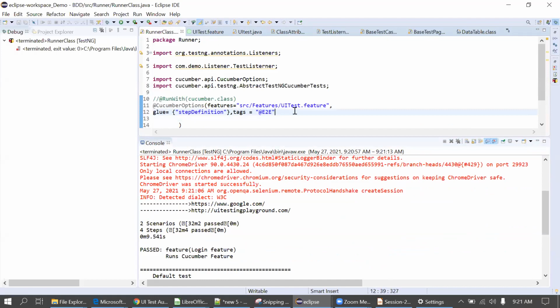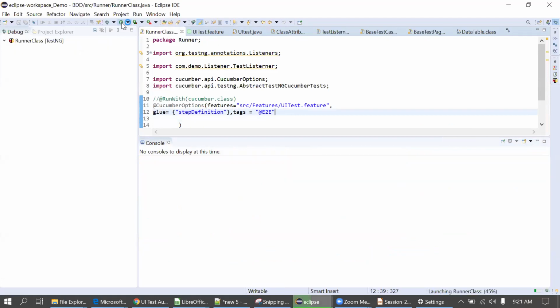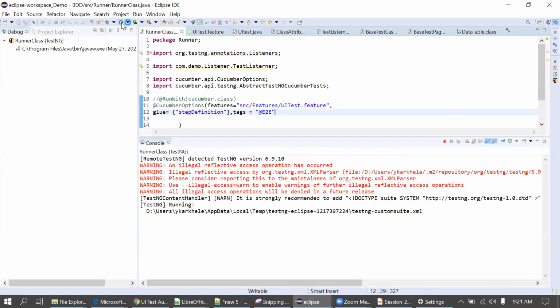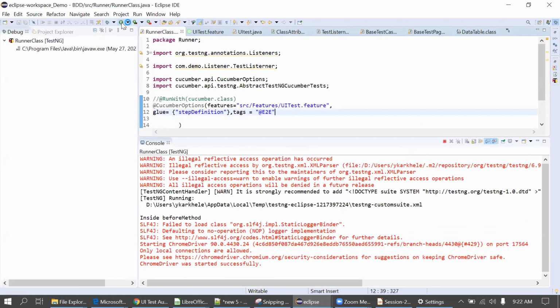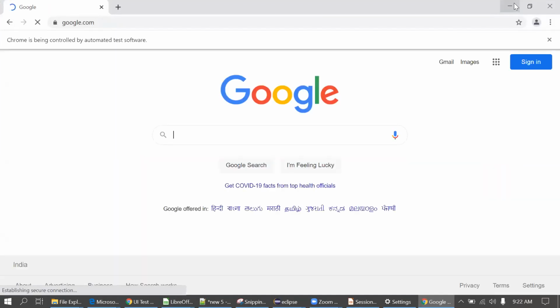Now in this case, that before method and after method should get called and executed. You can see there we printed. I'm just minimizing this.